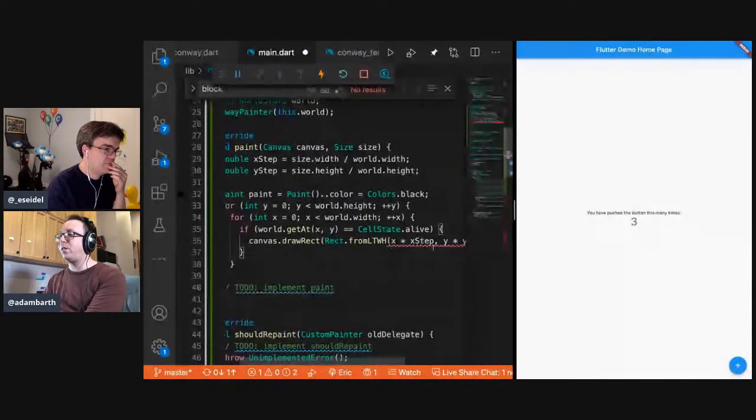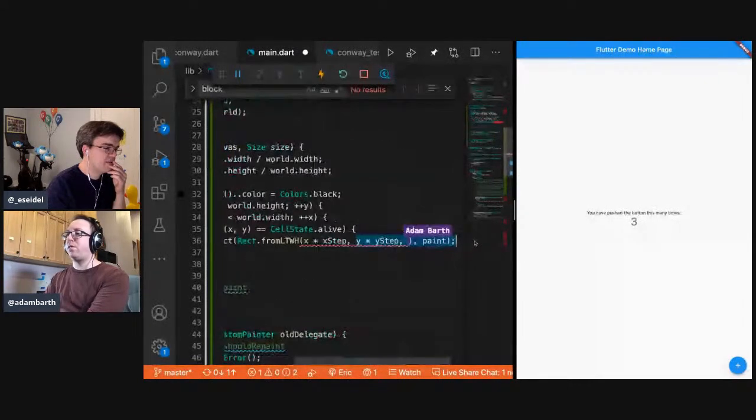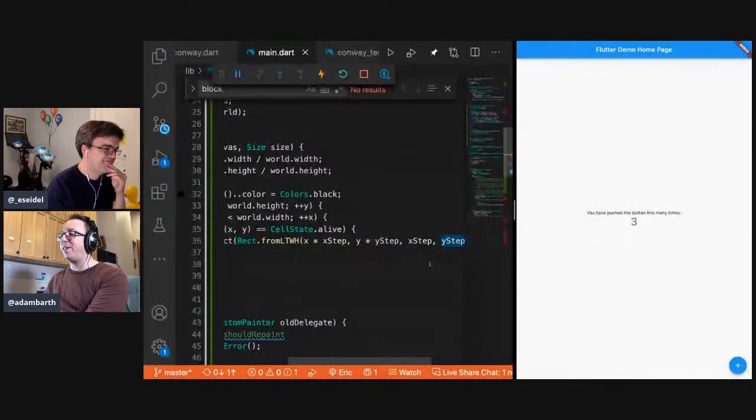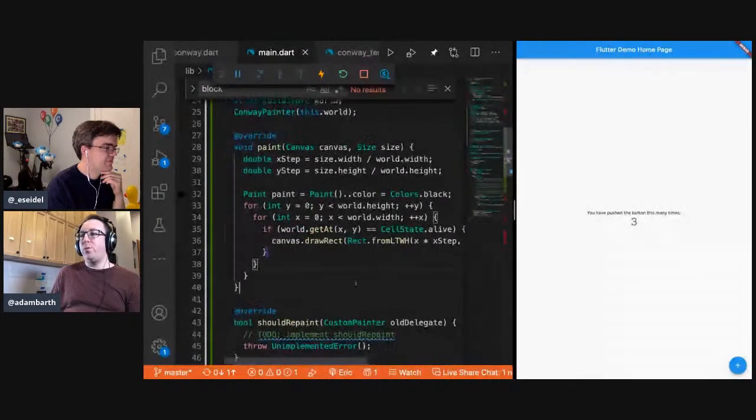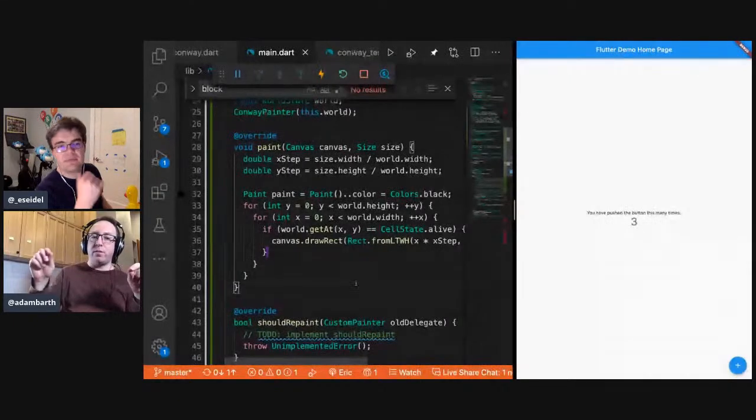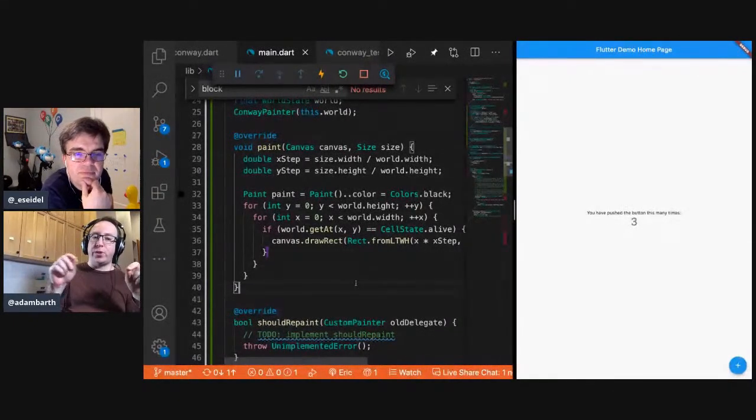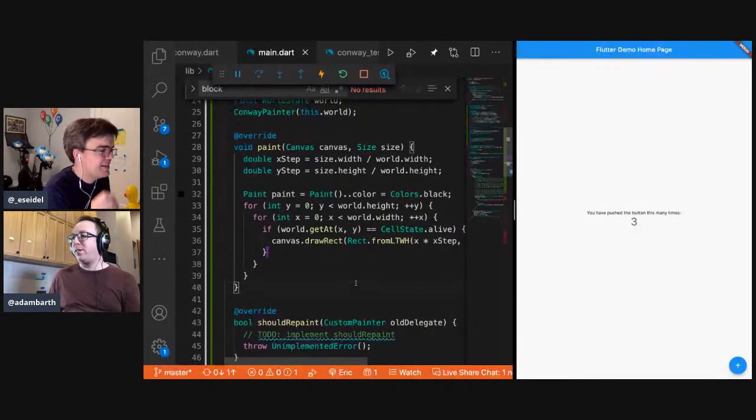Makes sense. You may have even written this. I'm sure I did, but I totally do not remember why we write documentation, so we can remember. I think that's it for drawing the world. There's a fancier way of doing this where if you have a lot of alive cells in a row, you could notice that and draw it as one rect, but at this scale, I don't think so.